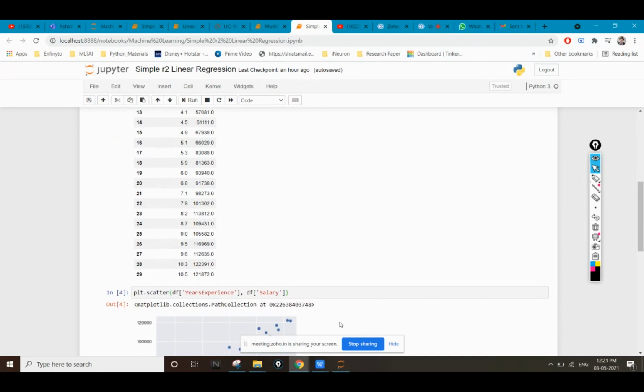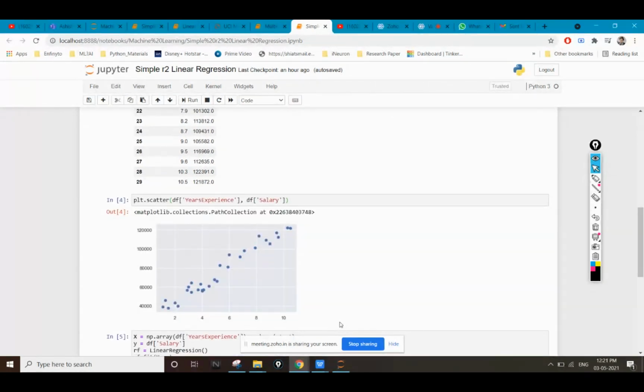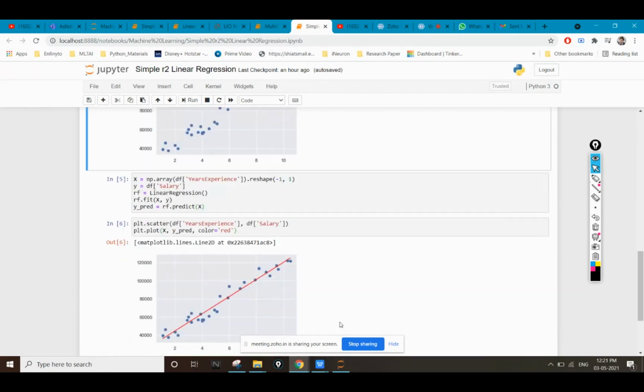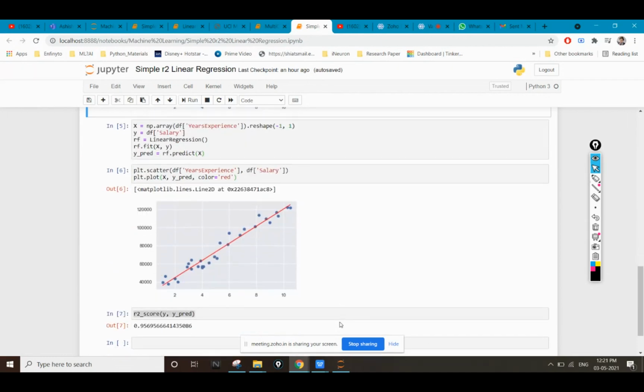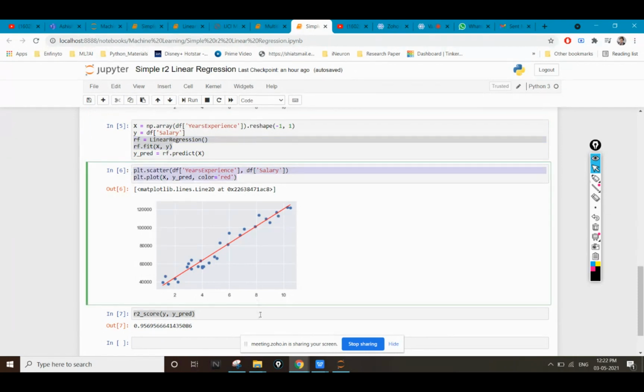So see, I'm again just plotting the scatter plot between years of experience and salary, and I'm trying to again divide this in x and y, two different parts, and then we'll divide into x train and y train. After dividing, I'm predicting with the fit command, to see how much value I'm able to predict with the help of this linear regression, and I'm plotting this line which I'm able to get.